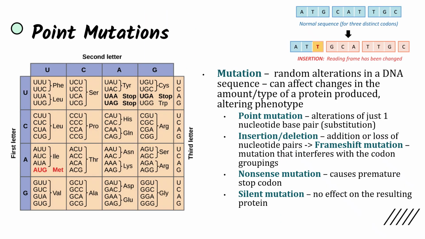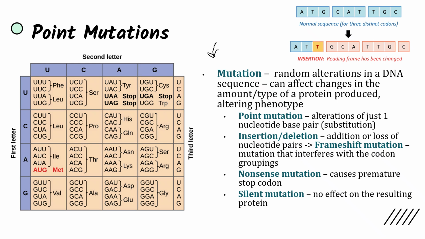So as we've discussed a few times before in the course, a mutation is a random alteration in a DNA sequence. And it can affect changes in the amount and type of a protein produced, because if the nucleotide sequence is changed, then different proteins will be produced once that section of DNA is expressed through transcription and translation. And so first we're going to focus on point mutations, where there's an alteration of just one nucleotide base pair. One is substituted for another, or we have an insertion/deletion where there's an addition or loss of a